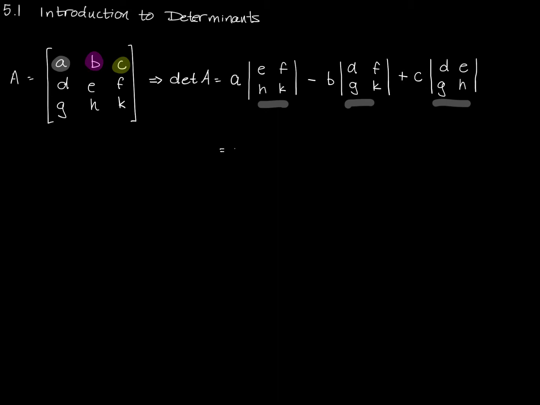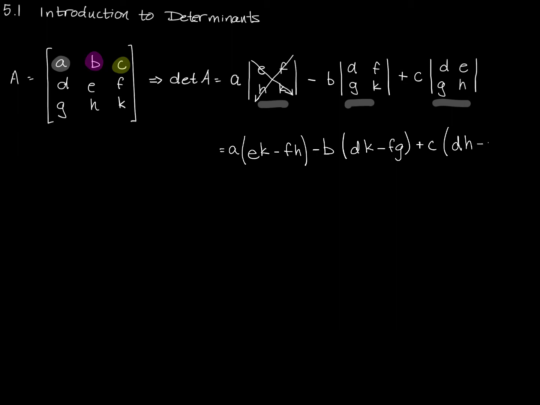This is equal to A times this product minus this product, so EK minus FH. That's going to be minus B times DK minus FG. And that will be plus C times DH minus